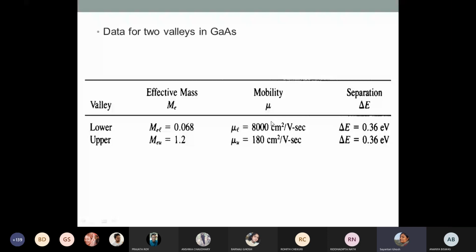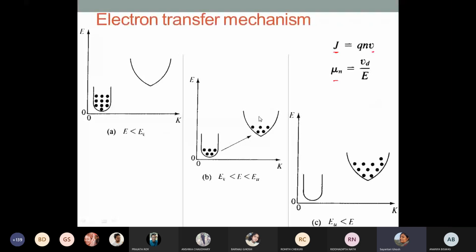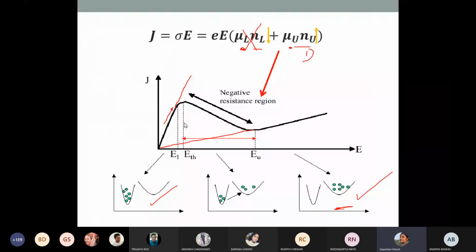Okay, it's an order of magnitude smaller. That means the slope that I will get will also be quite small compared to the slope that I expect when all of them are in the lower valley. Okay, so what is the intermediate state? The intermediate state is that some of them are in the lower valley and some of them are in the higher valley, this one. Okay, so as the switching goes on, at some point or other, this graph should